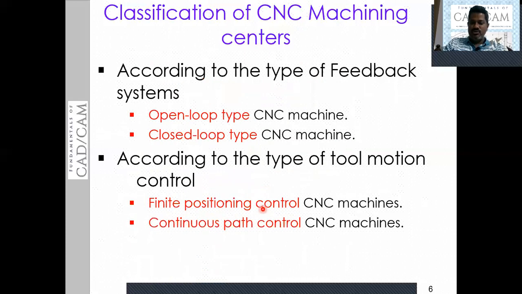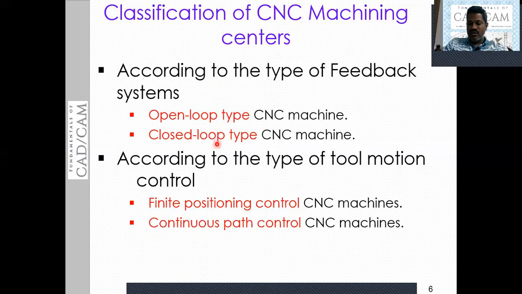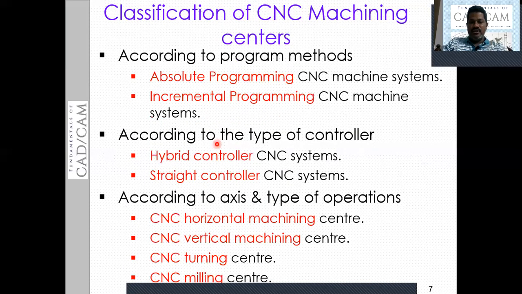Then you have the positioning control, which may be open loop or closed loop according to the feedback, then according to tool motion control. Then according to the type of controller, which may be a hybrid controller or a straight controller. Then according to the axis,